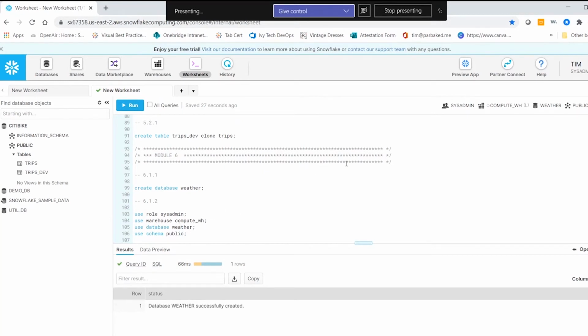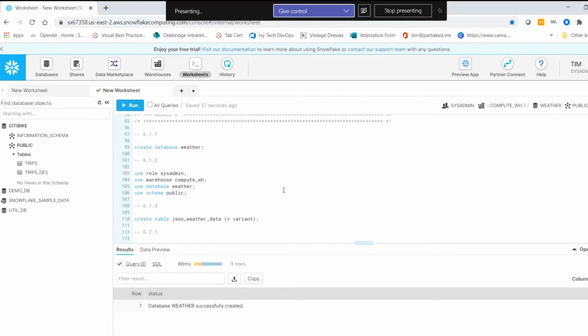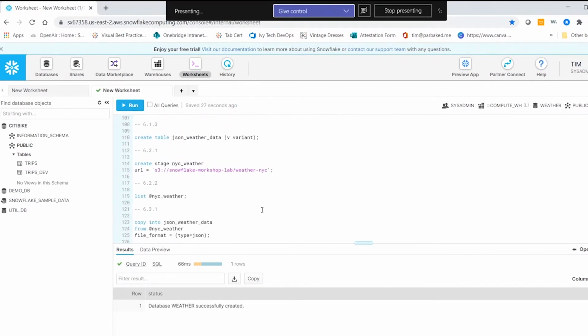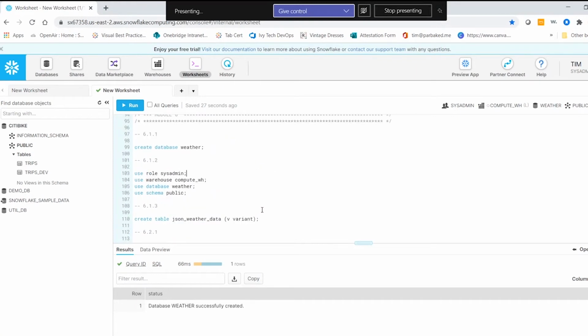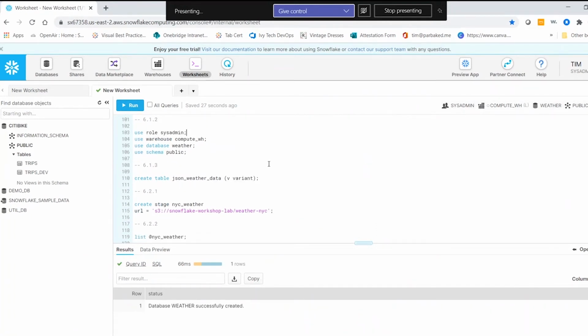I did the context using the UI, and I'll explain that here. There is a spot coming along in this where if I run the query to set the context, it doesn't change correctly, and then it screws up everything after that. So I'm setting my context using the UI, and then doing the creating of tables and things like that using the scripts. So if you go to the script 6.1.3, create table JSON weather data,